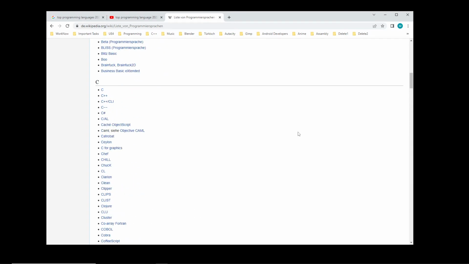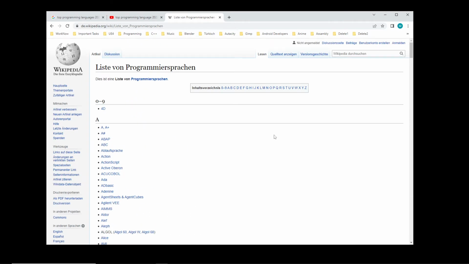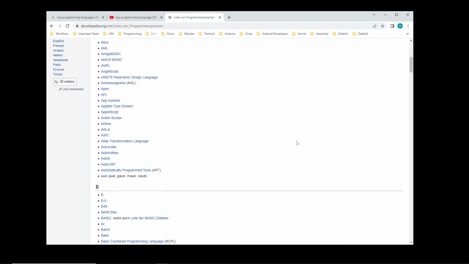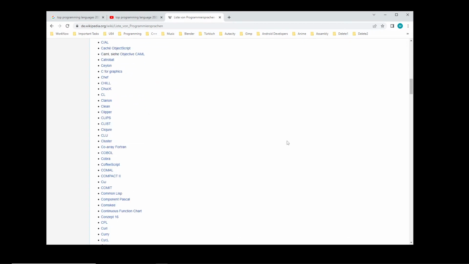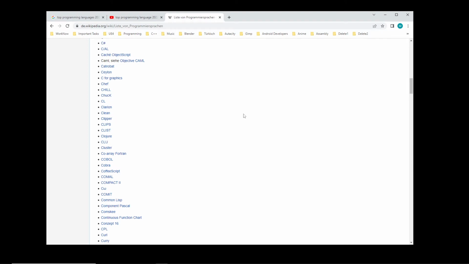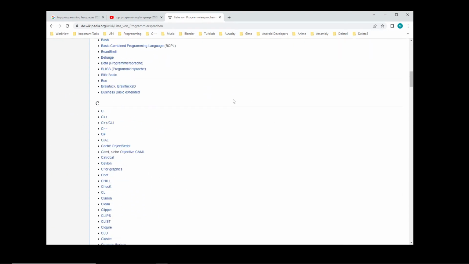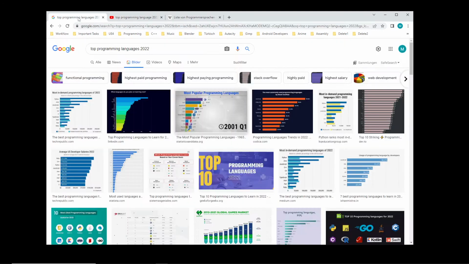One thing might be there are older programming languages which don't exist today, and there are some programming languages, why are they here, why are they not used, or why are they bad, or what's the problem? This is the first question which we should ask ourselves, but we don't do this here. We try to find the best programming language. So we notice that here is a big list, okay, and the next thing is I'm searching the best programming language in